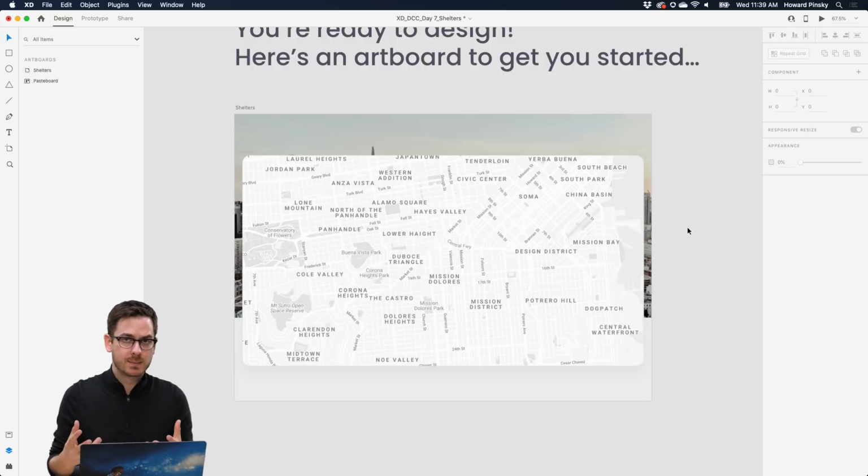So of course, now on this map, we need a few things. We need a location pin, and of course we need something that hovers when, you know,